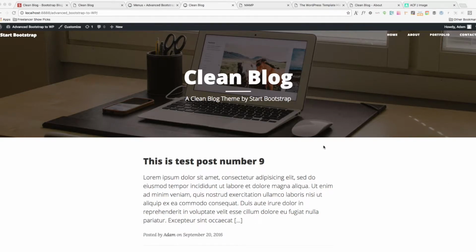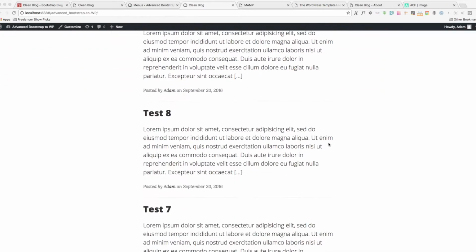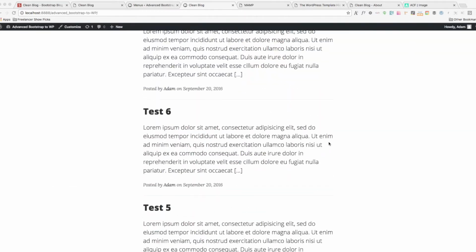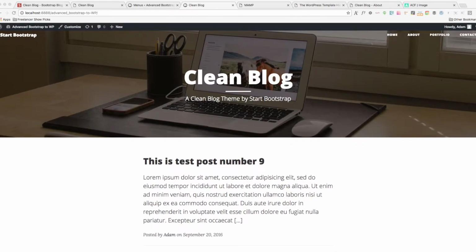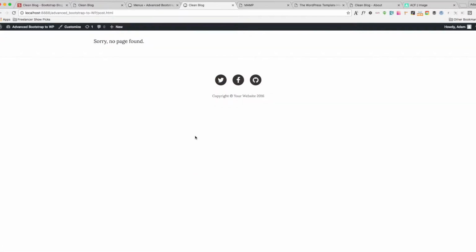Okay, so we have now set up our blog and our pagination, but what about when you actually click into a blog post? You can see that we get a "Sorry, no page found" because we have not set up the